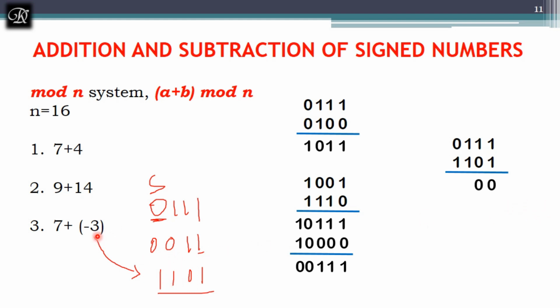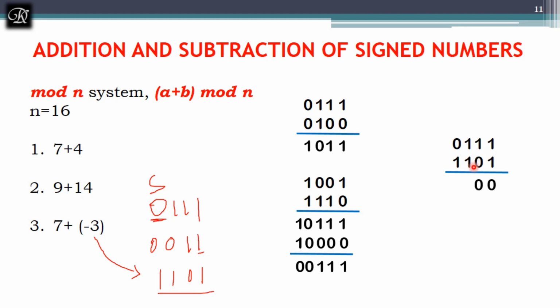But first I have converted minus 3 into its 2's complement, and the mandatory thing is you should add an additional bit, the sign bit, over here. Now let's see. 1 and 1, the answer is 0 when I am adding, and the carry goes to be 1. Now the carry is 1, and the carry is again 0, and the carry goes to be 1 over here.